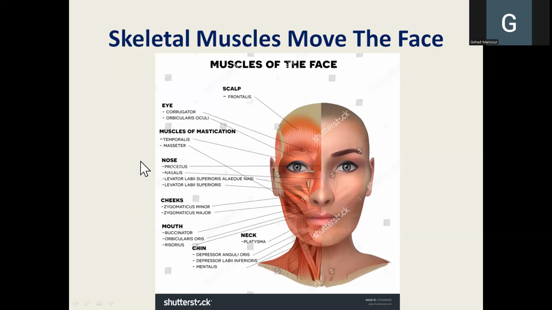It is cranial nerve number 7, so it arises from the pons, a part of the brain stem, and therefore it is the nerve itself that is affected, maybe by a viral infection, or maybe by whatever kind of inflammation that affects the nerve. You will have paralysis on the same side because it is a lower motor neuron disease.